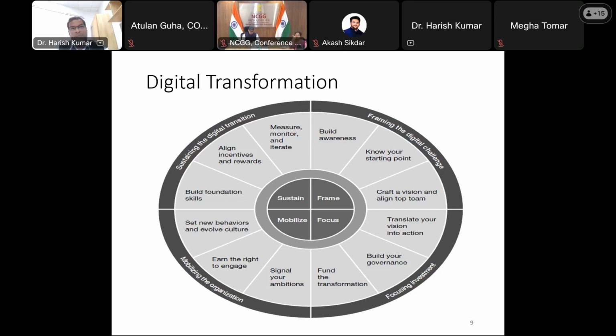That again could be market-based research, citizen feedback, governance feedback, employee feedback, or product-related feedback. These things will help you know your starting point. Like I was mentioning the example of the public utility hand wash, right?